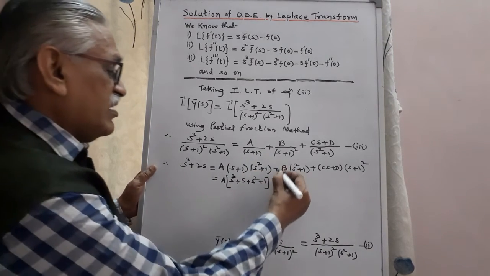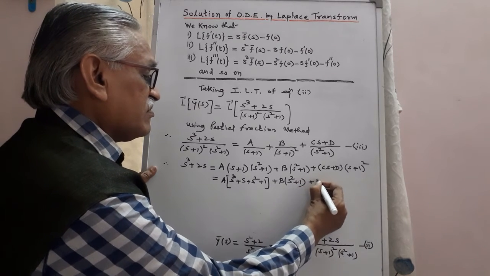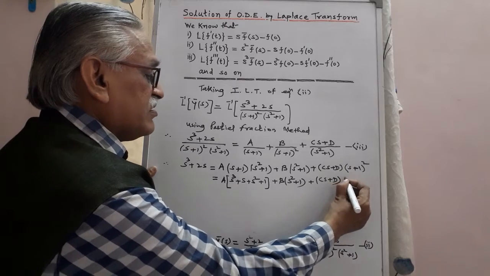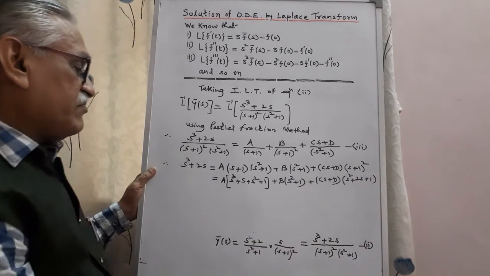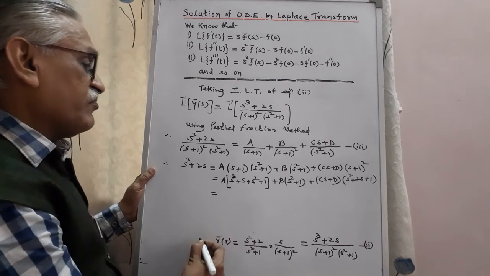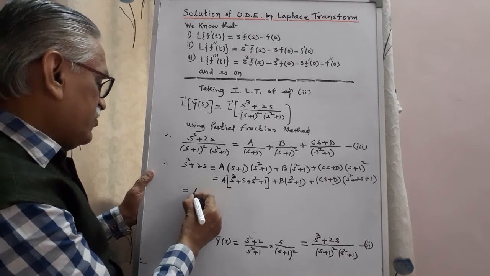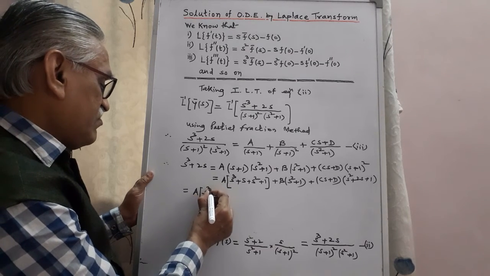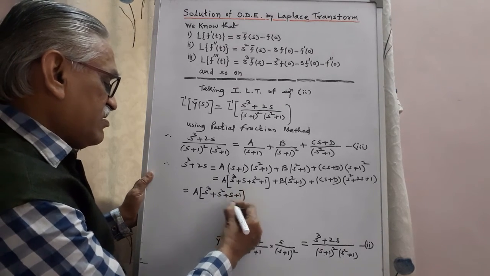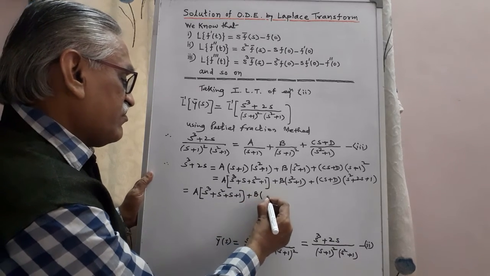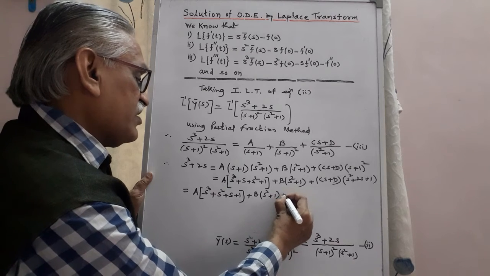Total 4 terms. B into s square plus 1, c s plus d, expanding it, it is s square plus 2s plus 1, and therefore it is equals to a into s cube plus s square plus s plus 1 plus b into s square plus 1, multiplying it inside, we get plus